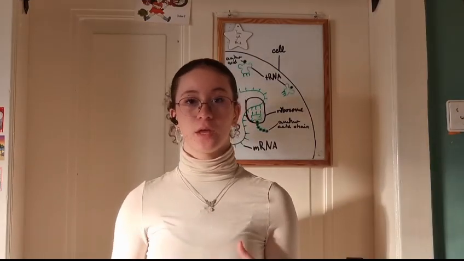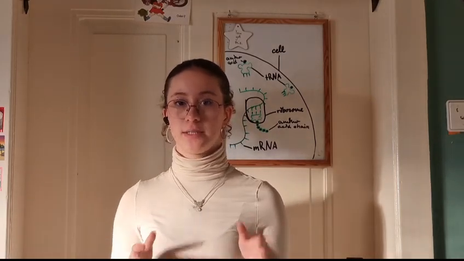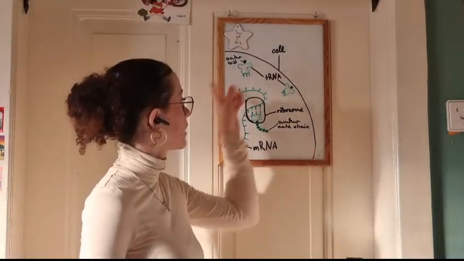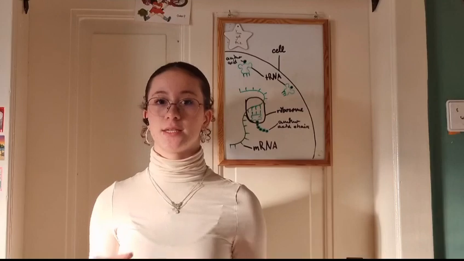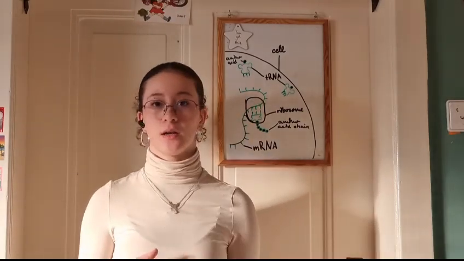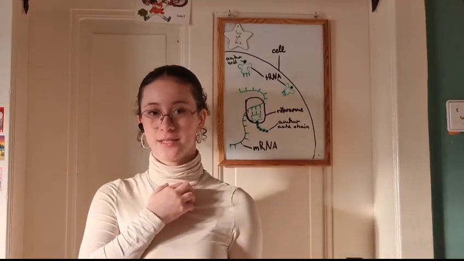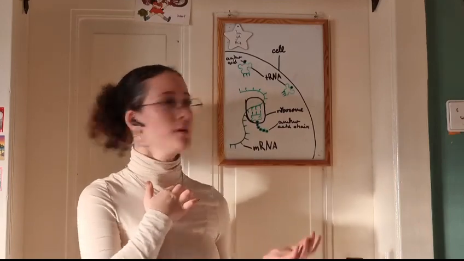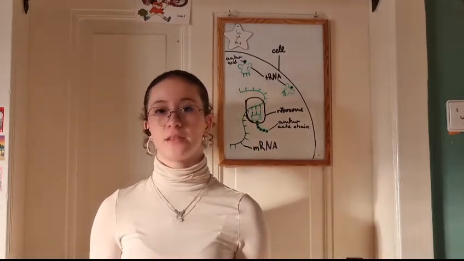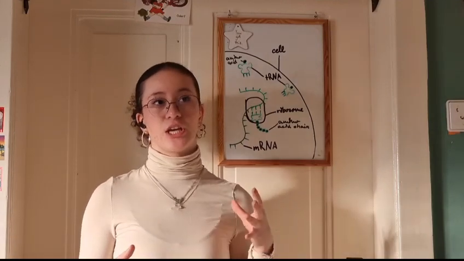Okay, so now that the mRNA is finished, so we have a full copy of a part of the DNA, it travels out of the nucleus into the cytoplasm, which is here. So we're still in the cell, but not in the cell core anymore. What happens now is that there is another enzyme which doesn't end on -ase, but it's still an enzyme. It's called a ribosome, and what happens here is that the mRNA, the messenger RNA, is connected